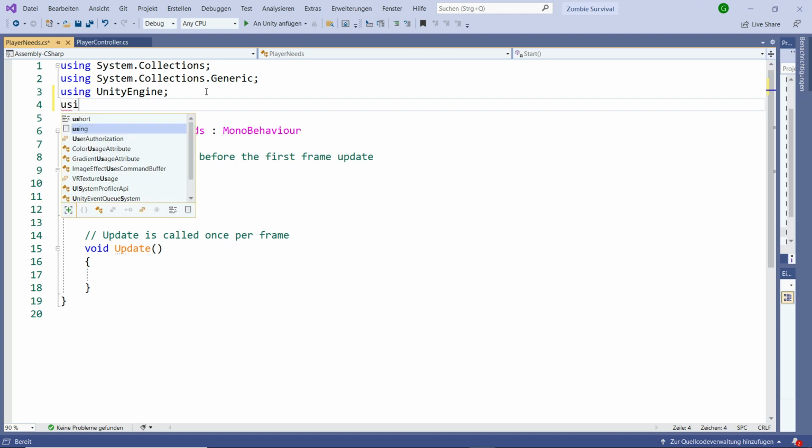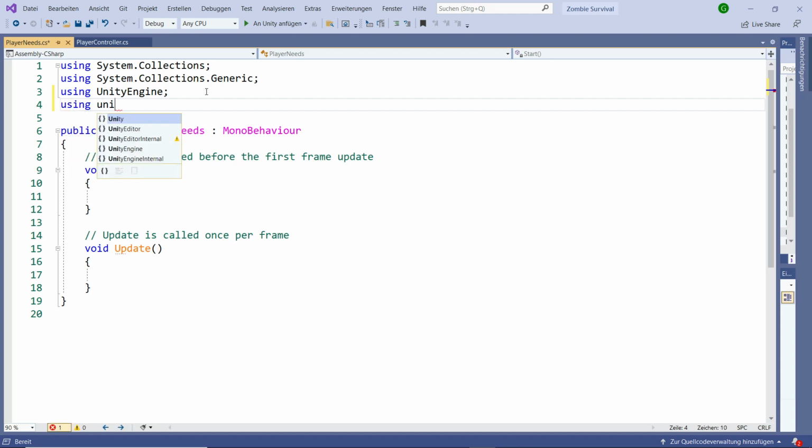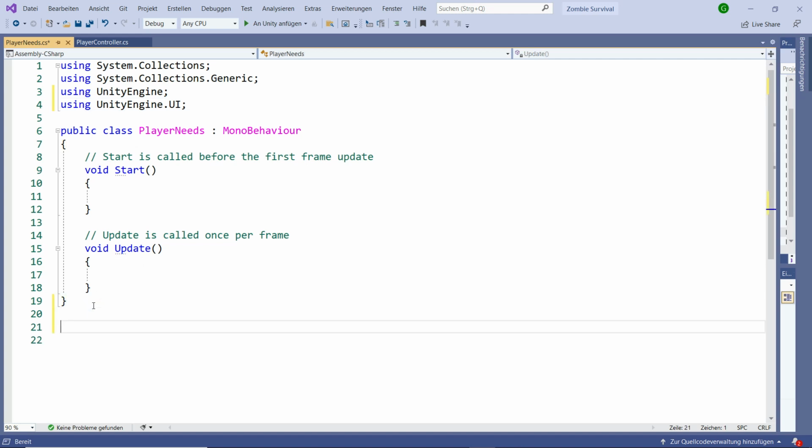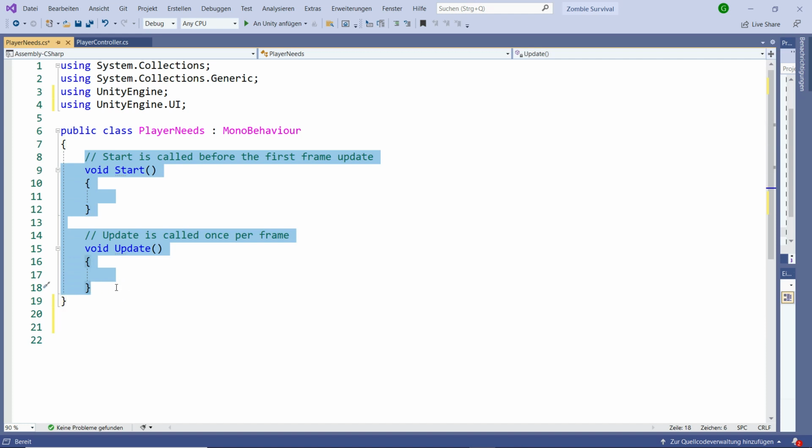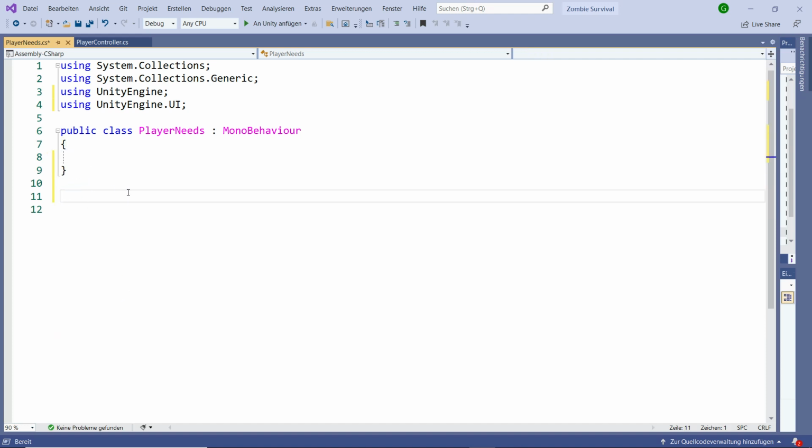So using UnityEngine.UI. Then I'm going to make a new class here in the top. I'm going to delete this part. We don't need that. Then here I'm going to make a class